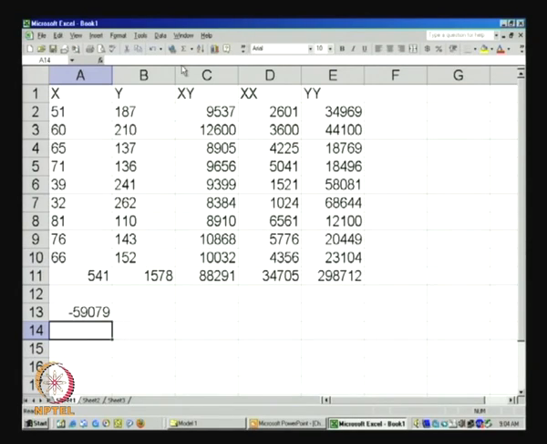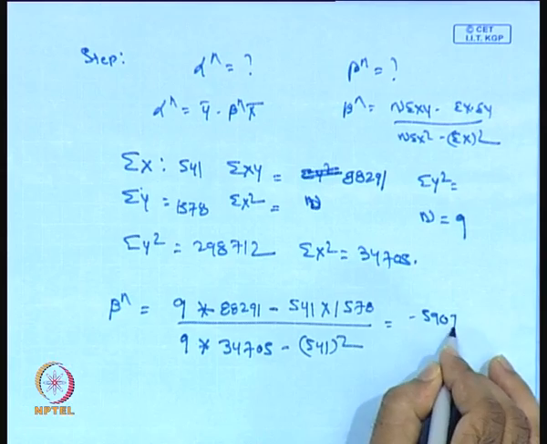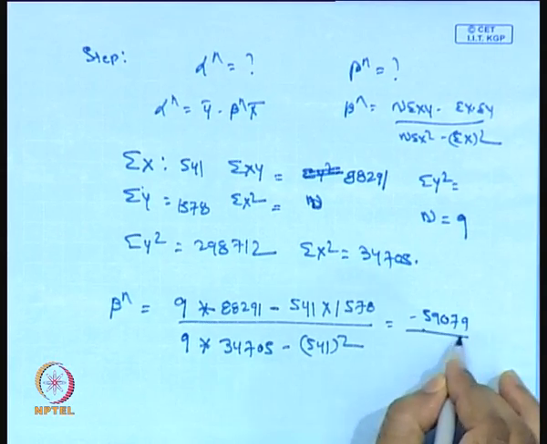So 9 into, okay, once again we will check it. So 9 into 88291, then minus 541 into 1578. Okay, so this is coming minus 59079. Okay, so this is equal to minus 59079. Okay, so divide by